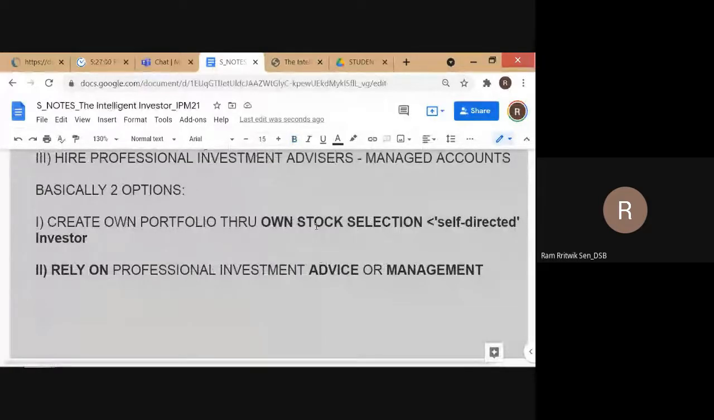So all of these are active approaches. Dollar cost averaging is something like a passive approach, because it is not trying to time the market in any way. All of these, 1 and 2,